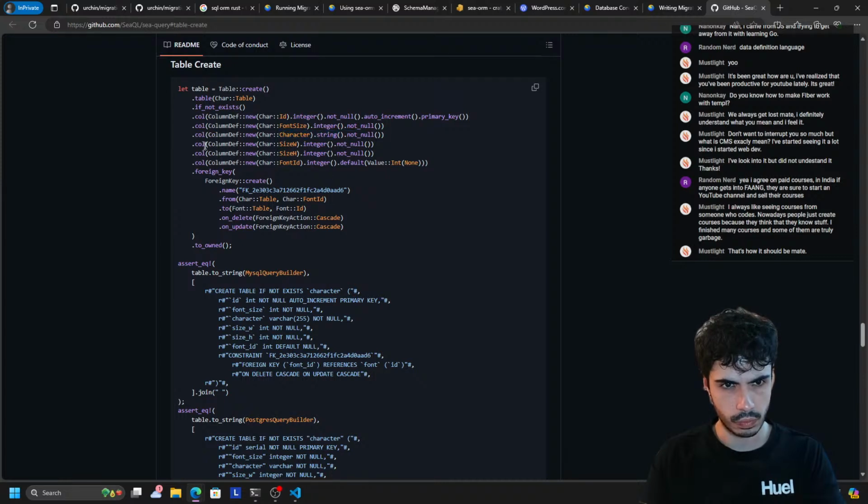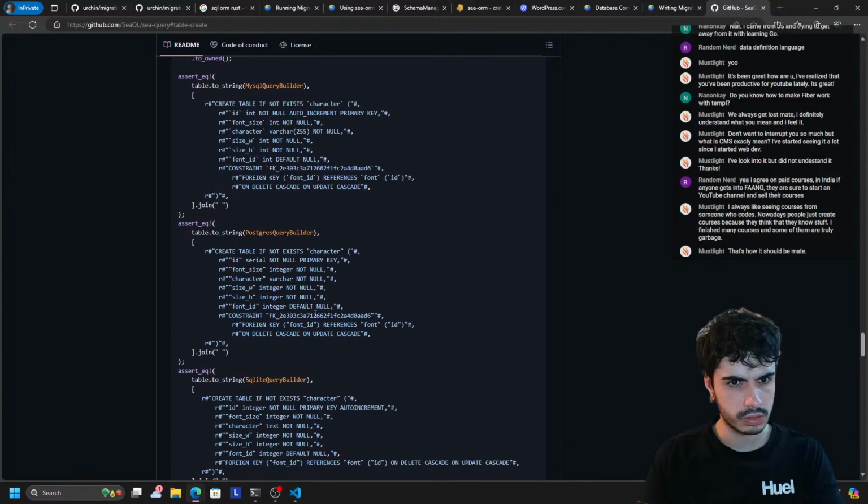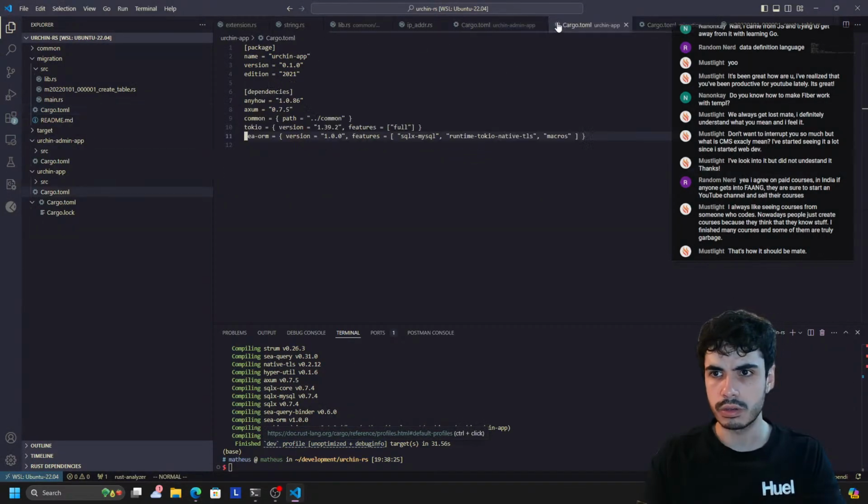Not null. We have a foreign key here. So let's see if the types can change slightly. Table create, yeah. Let's see if we can slightly change these types. So going back to